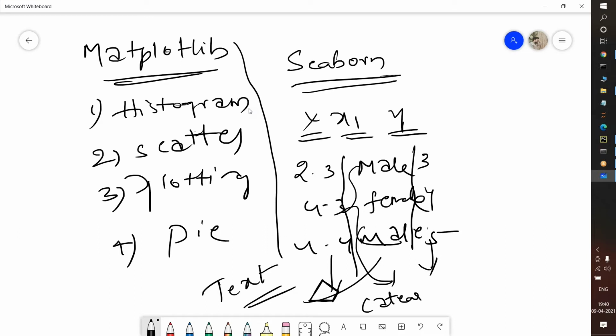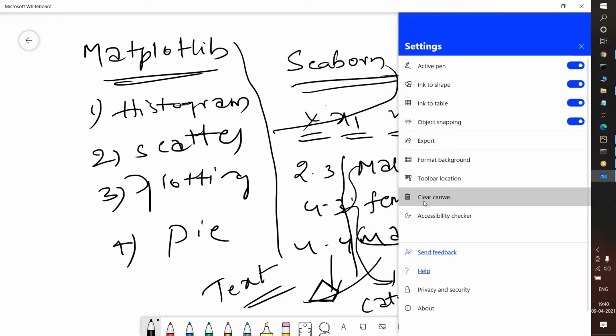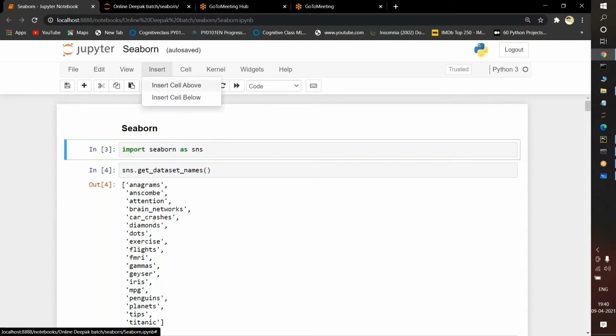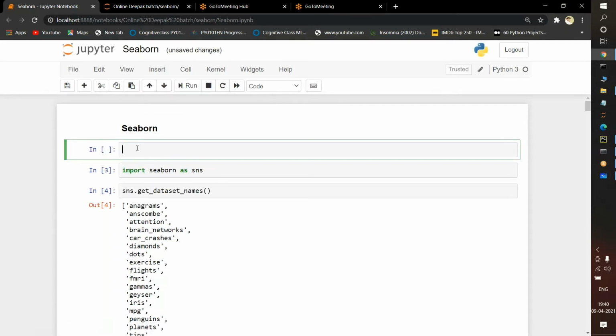Now we will discuss the Seaborn technique and see what the predefined functions in Seaborn are, and how we can use visualization very clearly. I'm just opening my Python notebook. See here, this is Seaborn. For importing Seaborn, this is the package I told you about yesterday. NumPy, Pandas, Matplotlib, and Seaborn are already available in the base environment. So we can import Seaborn here, import seaborn as sns. Before that, I am importing the other packages, NumPy, Pandas, and Matplotlib also.